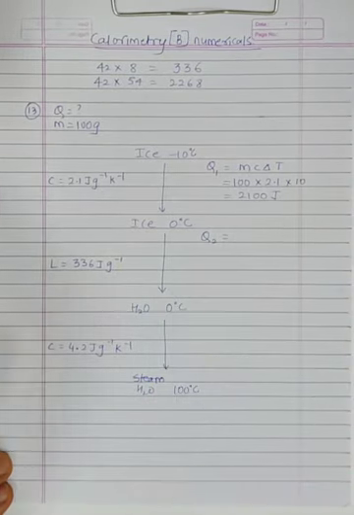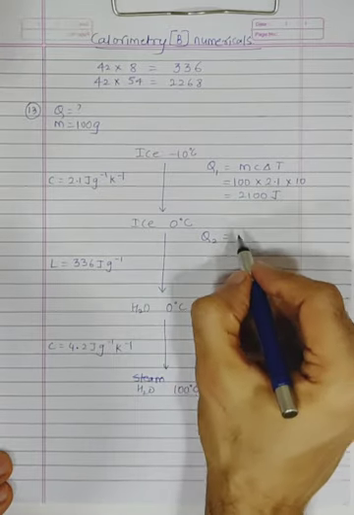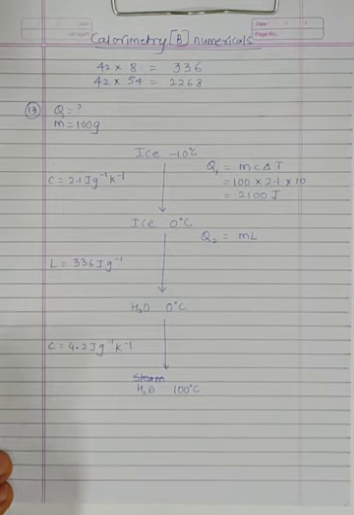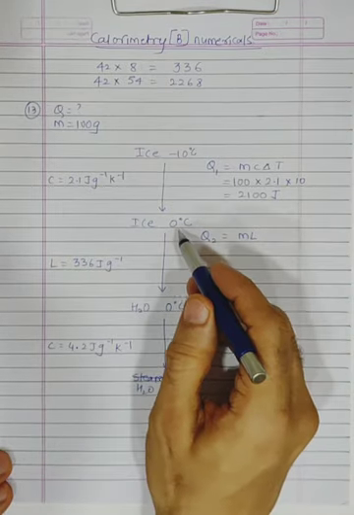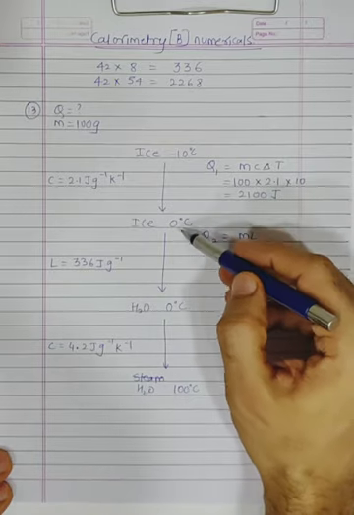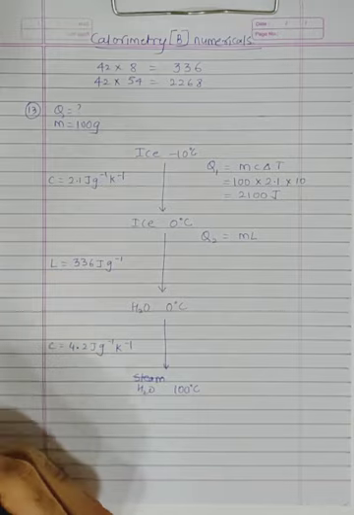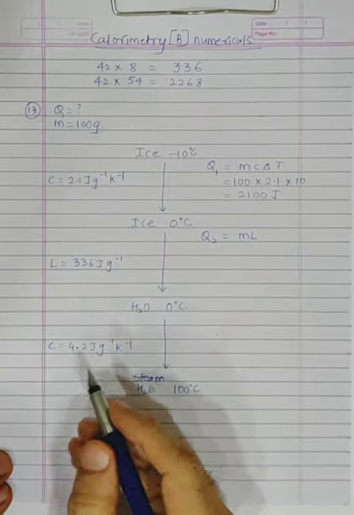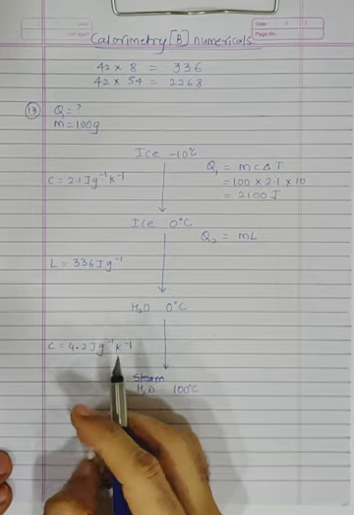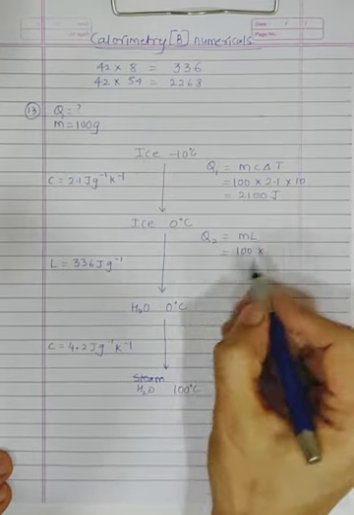Now let's find Q2. What formula will you use for Q2? There is a change in the state, so we are going to use ML. One more very interesting thing: say by mistake you applied MC delta T here also, you would come to know that you are going wrong. You know why? Because your delta T here would be 0, so your Q would have come 0. So it's difficult to really go wrong in this. If you still manage to go wrong, you have talent. Now what is the mass? 100. What is the L of ice?